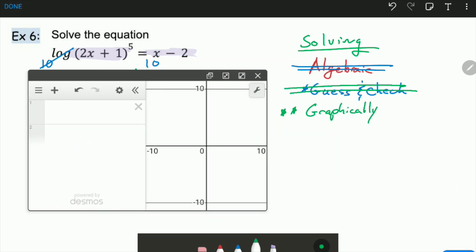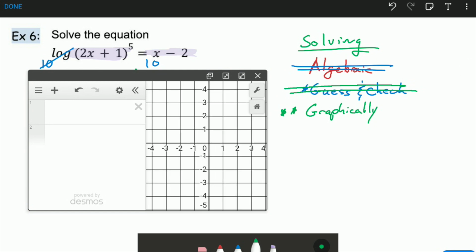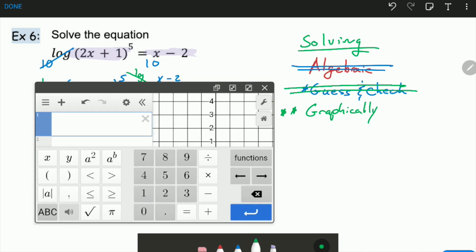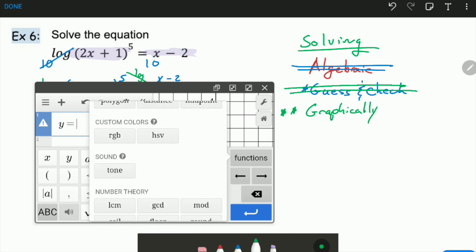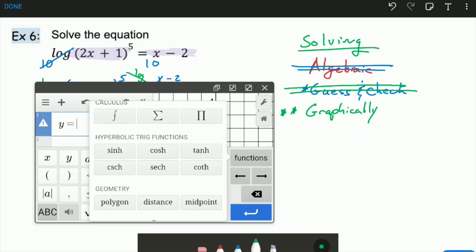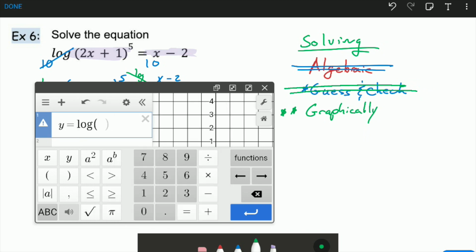So if I try graphically here, let's try to zoom in the right direction here. There we go. So when you solve equations graphically, whether it's Desmos or a handheld graphing calculator, you're going to graph each side as its own equation. So we have y equals, this is log, so functions, log, where's log? Log, and now I have 2x plus 1 to the 5th power, but I'm not 100% sure how this is going to